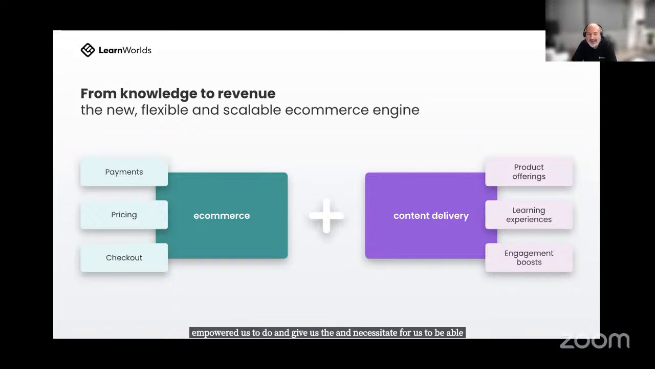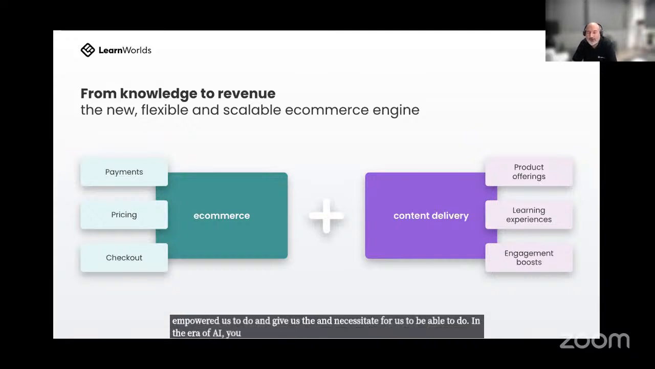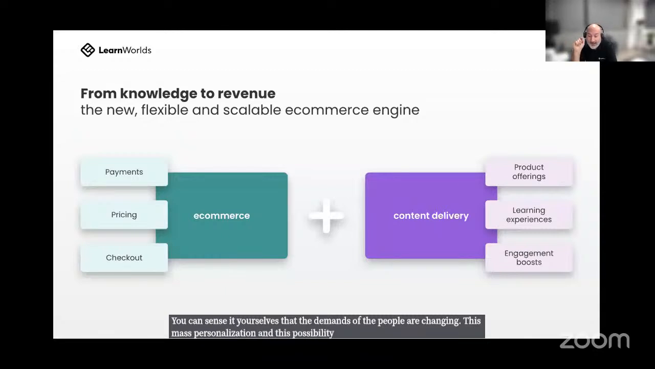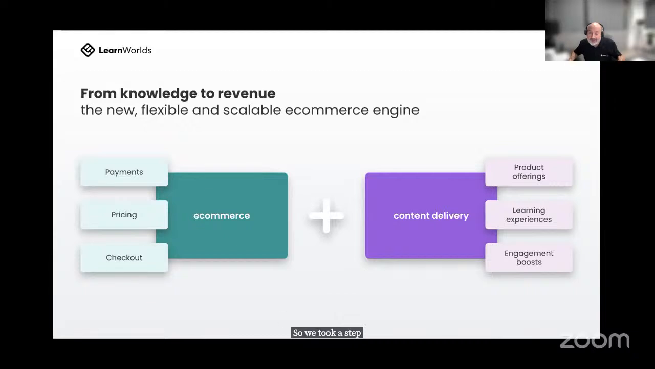In the era of AI, you cannot just package one course with one style and one type of content and try to sell it to multiple people. You can sense it yourselves that the demands of the people are changing. This mass personalization and this possibility to sell to everyone whatever they need at the right time, it's going to be extremely important. So we took a step back, we reevaluated everything that we knew, we didn't take anything for